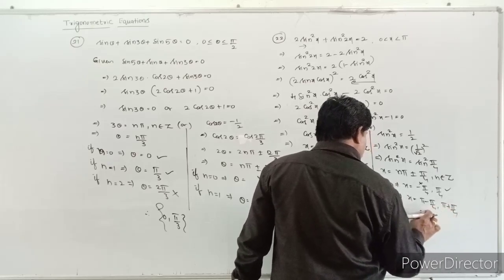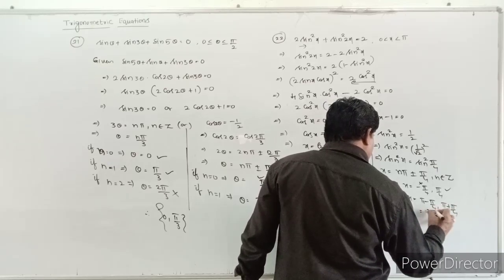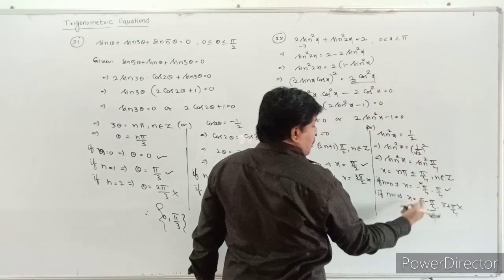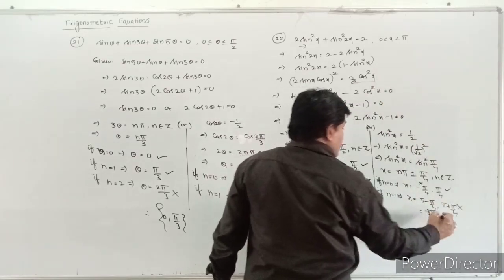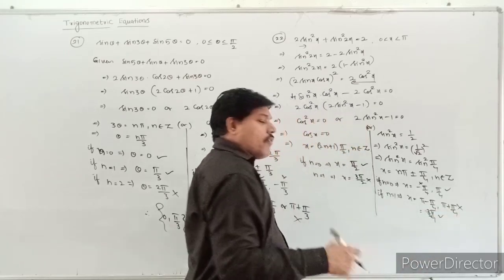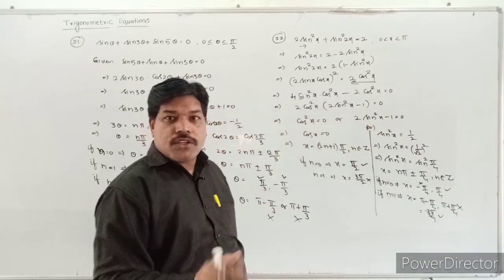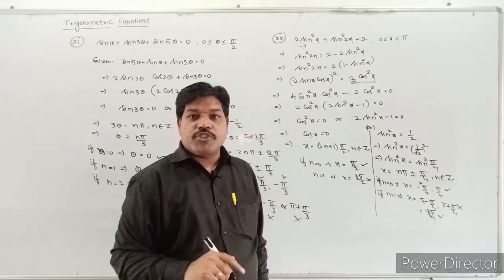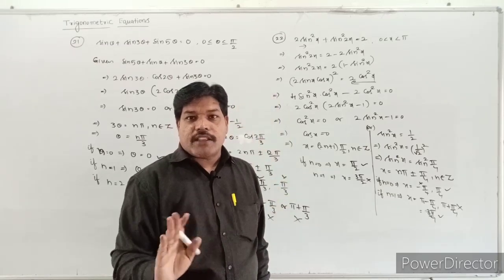So this value is 3 pi by 4, but pi plus is not there. So pi minus is there, and you can take the 3 pi by 4. For n is equal to 2, it will become 2 pi. So 2 pi minus or 2 pi plus value does not exist. Why? Because they are asking only from 0 to pi. So that's why I don't take those values.